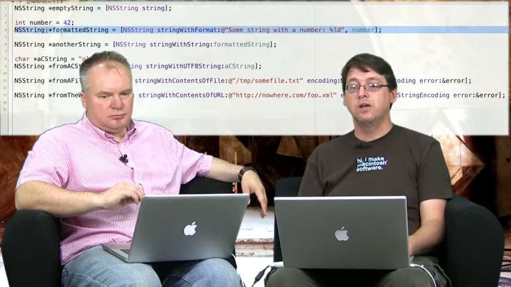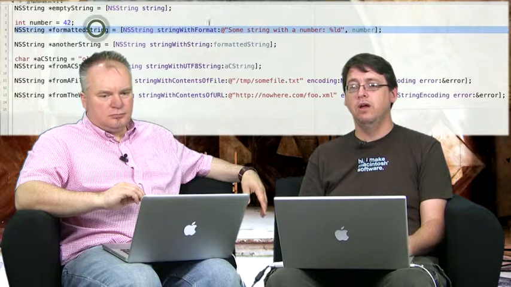So in this particular case, this formatted string would actually wind up looking something like "some string with a number